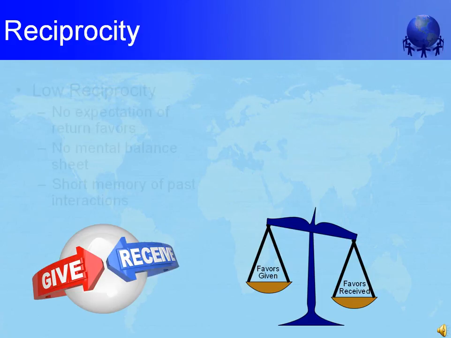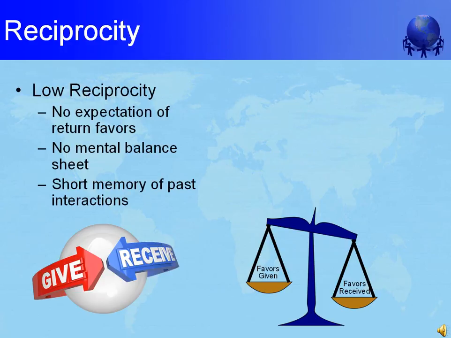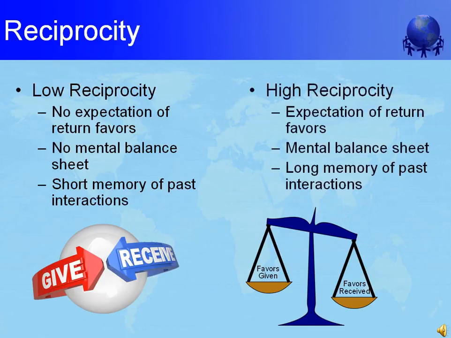In low reciprocity cultures, if a person helps another, there is no belief that the other now owes a favor in return. And if a person acts in a manner that might be interpreted as disrespectful, for example, strongly disagreeing with you in a meeting or pointing out in public that you were not appropriately prepared or that you made a mistake, the memory of this would quickly be forgotten and would not affect how the two of you work together in the future. Expectations and consequences are very different in high reciprocity cultures.